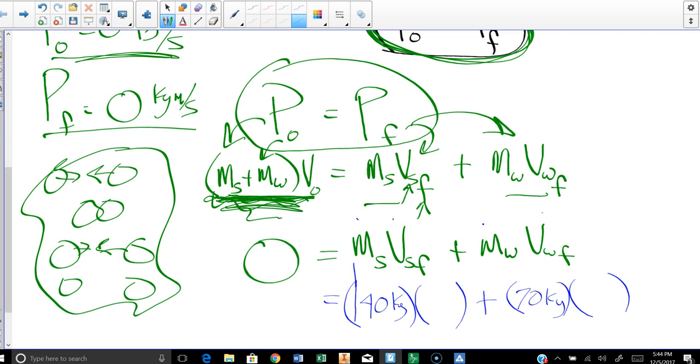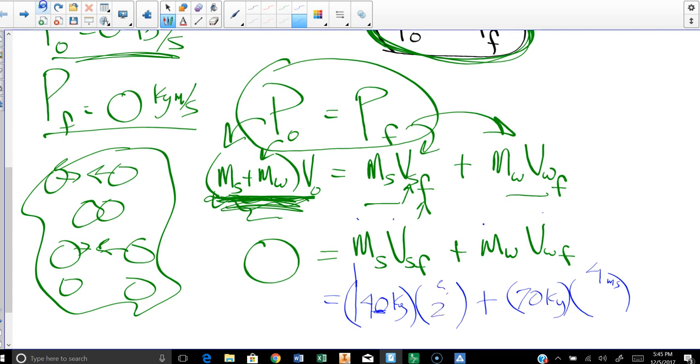And in fact, you'll notice, my board's acting up on me. But you'll notice that Shaq's mass is twice as big as mine. That's a nice convenient number here. That means if I'm going at 4 meters per second, how fast is Shaq going to go? Don't tell me 8, please, because that would give him more. He would be going half of that because he's got twice the mass. He's going to be going 2,